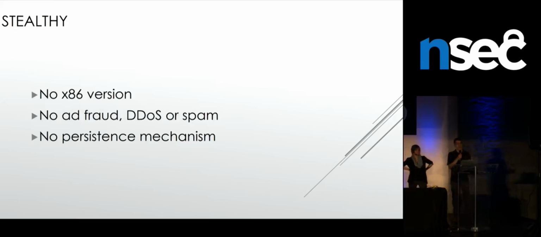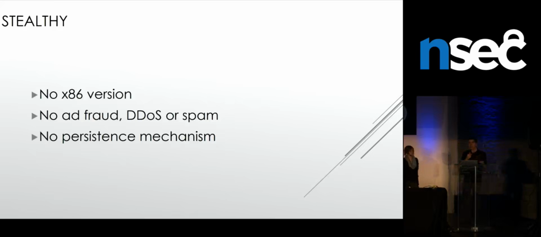And this helps analysts and antivirus software companies because all of their tooling and all of the IDA licenses that they purchase are all tailored for x86. So carefully avoiding x86 has been, for us, kind of an indicator of cleverness and of understanding what the industry is doing. They do no ad fraud, DDoS, or spam. We think they do that because all of this kind of money, you need to, at some point, launder. You need to use some money laundering techniques, or use mules, otherwise you get caught. But the social media thing has a very unique characteristic about money laundering, or the fact that it doesn't require it, that makes it stealthy, again, from our perspective.